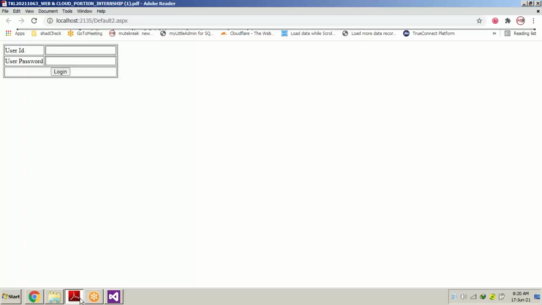When you run it and check what the output of the designing part will be in your system, that part is called the web layout part. How my design will look in the web browser is called the runtime part.